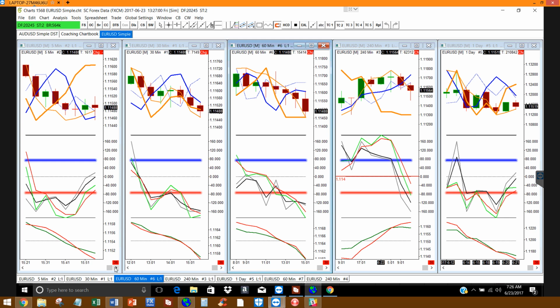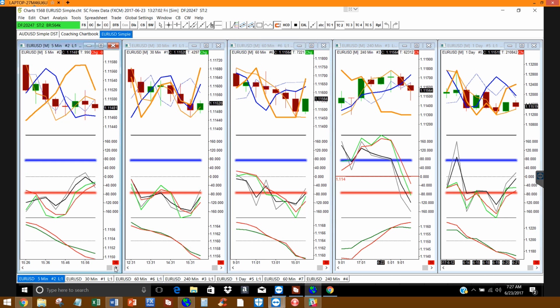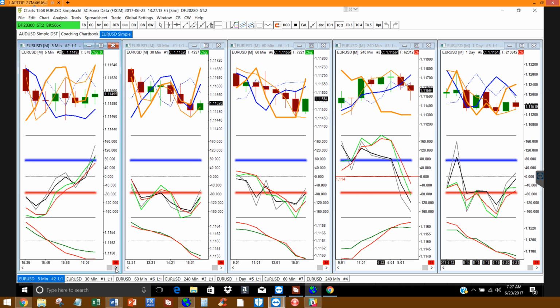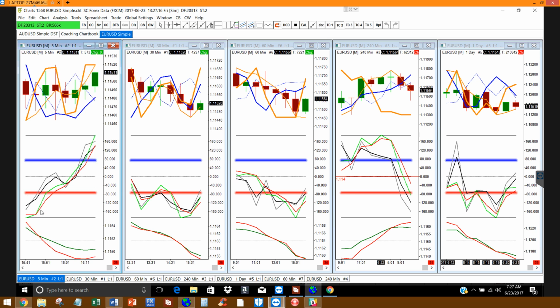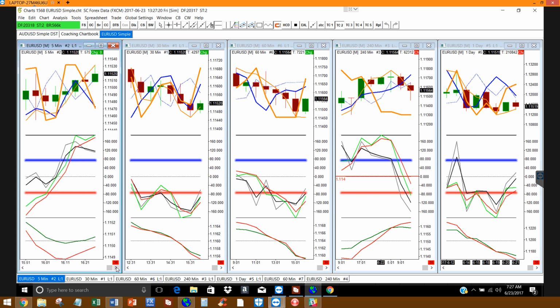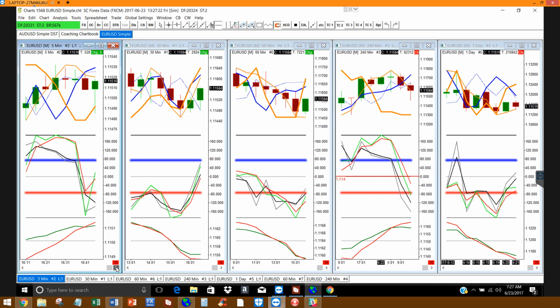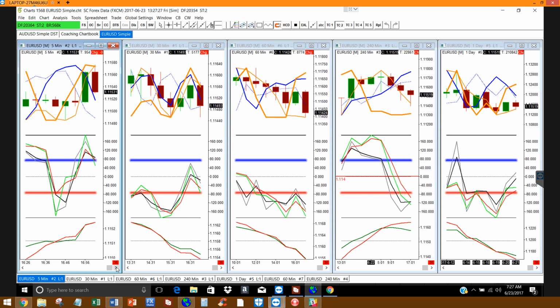But if we move forward in the 5-minute, we can kind of see how, in the next little bit, we saw that the 30-minute double crossed. The 5 had gone up and down a little bit here. It had gone from the oversold area all the way to the overbought area, which is normal for a 5. But it stayed a lot in that higher range. And if we continue moving forward, we had our down candle